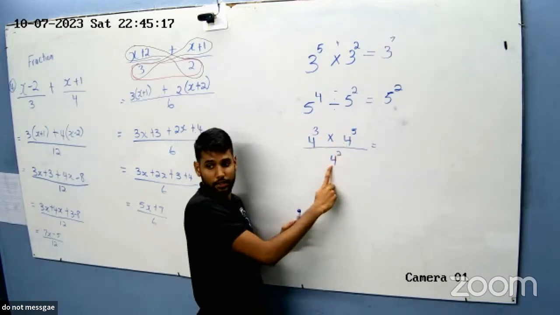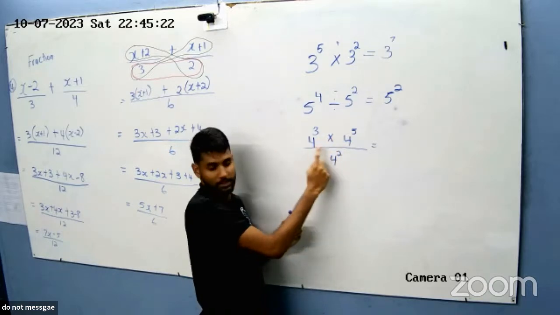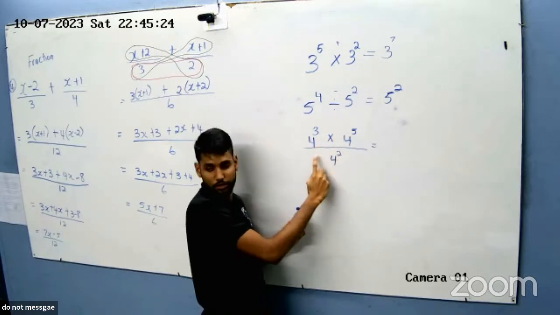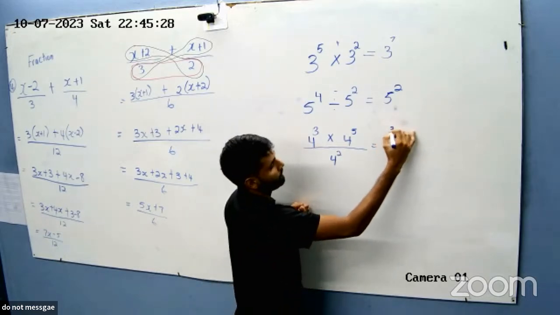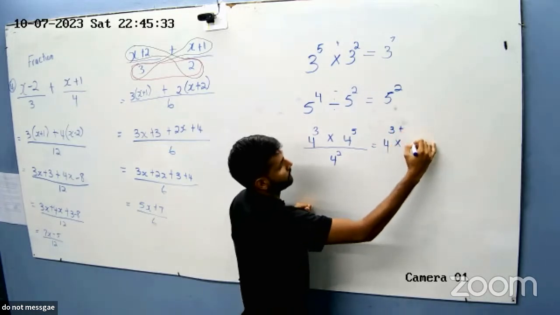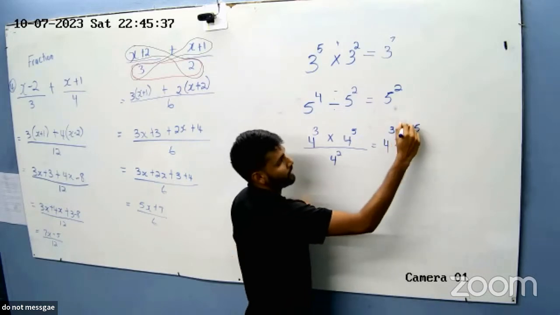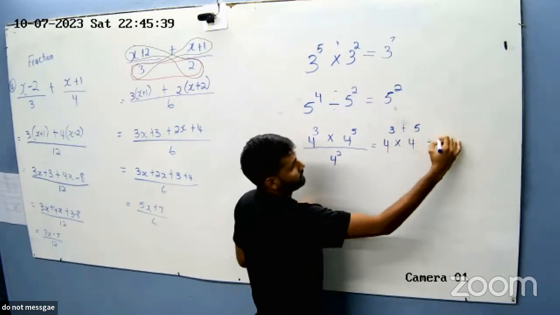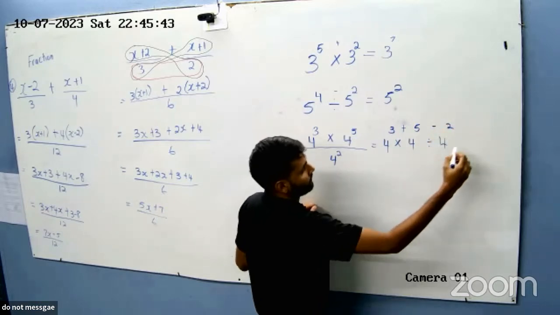And then you have a division. So we add these two, and then we subtract, because they all have the same base value, which is 4. So we have 4, 3 plus, and then the division, you'll get